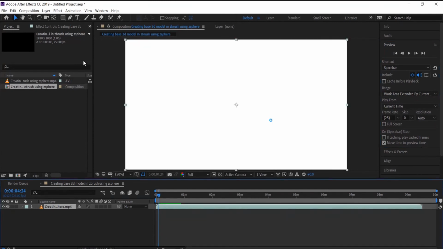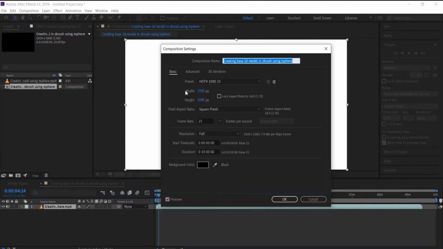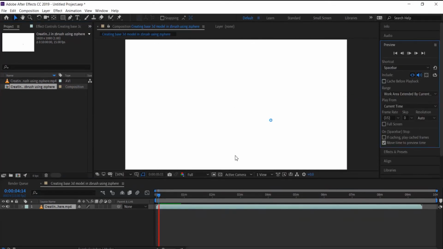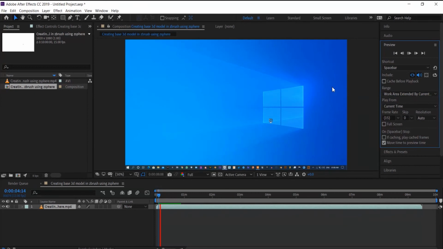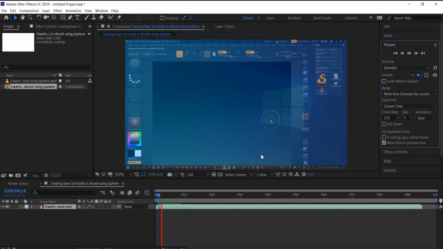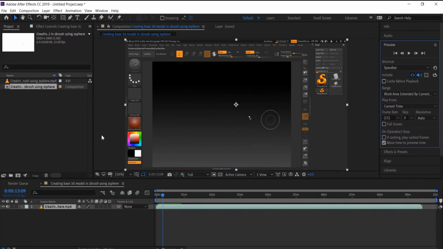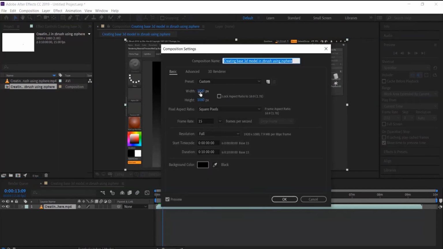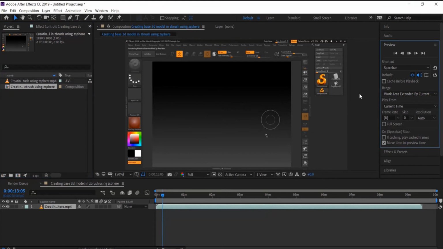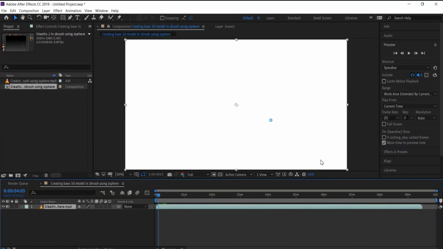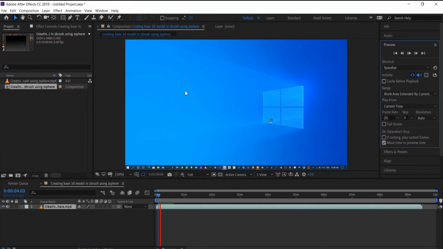First, you have to go to the composition settings, and inside the composition settings you have to change the frame rate as low as you can. Now you can play your video, and if you are still getting some issues, you have to change your number more. Make sure you select the correct number so that it matches the frame rate recorded by your screen recorder. We are going to discuss three ways of solving this issue in After Effects.